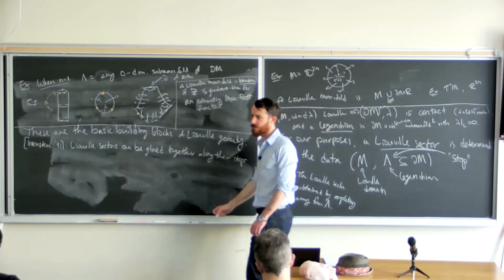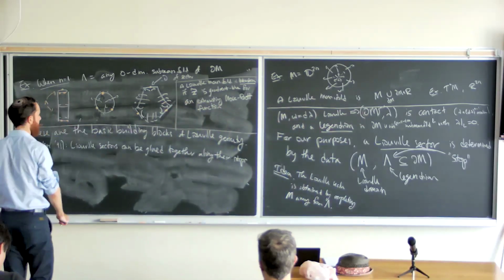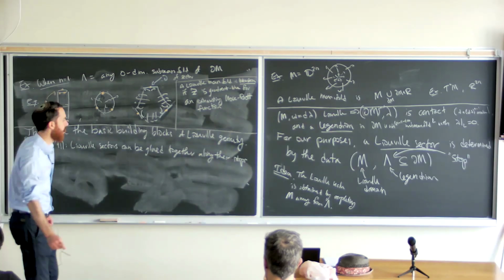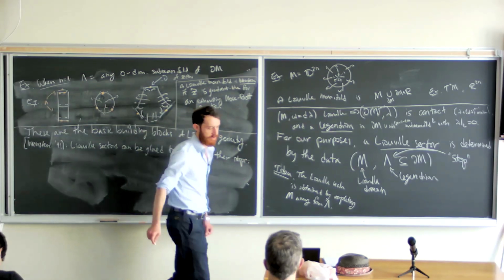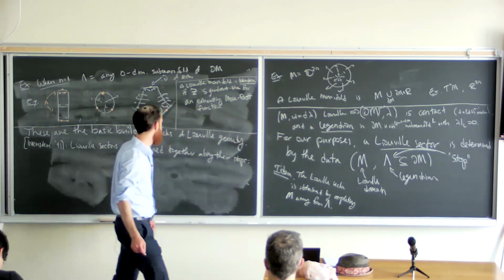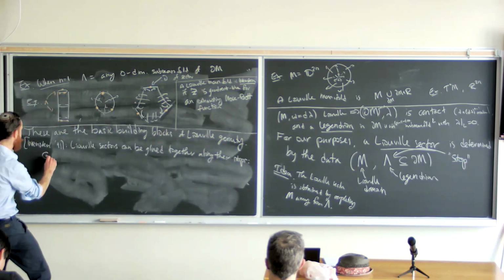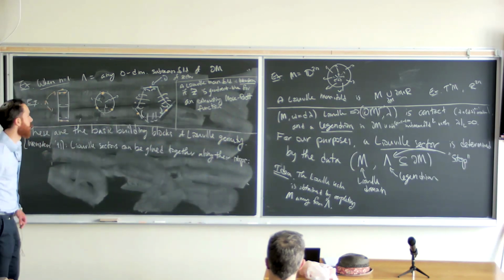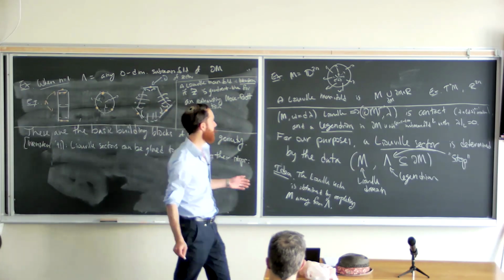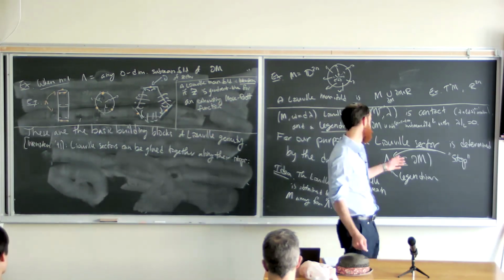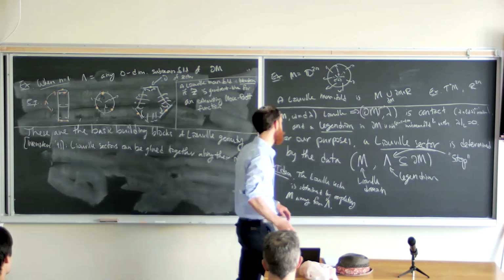We'll see, once I discuss wrapping in the context of Fukaya categories, why I'm calling it a stop. But in other words, what this theorem says is that if I have two Weinstein manifolds, M1 lambda 1, two Liouville sectors, maybe Weinstein sectors, whatever, M1 lambda 1 and M2 lambda 2,